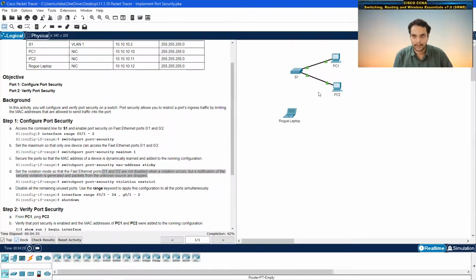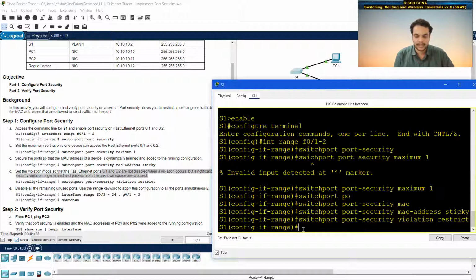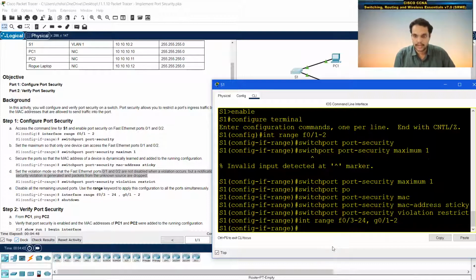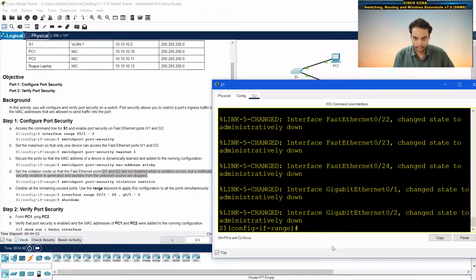I need to shut them down as well. For that, I can use the interface range command: interface range F0/3 till 24, comma G0/1 to 2. Then I just put in shutdown. So I shut down all the ports.